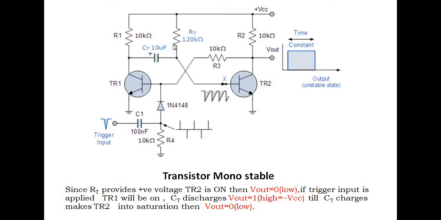So the voltage on the capacitor is changed suddenly. If the voltage on the capacitor changes suddenly, it doesn't allow that change, and in another way it will convey that change to the other plate. So earlier here we have VCC, now we have grounded this TR1. That's why the capacitor generates a negative voltage. The negative voltage will be transferred to the base of TR2, which will be off, right? So if TR2 is off, the output is going to be high, right? So the output is going to be high.